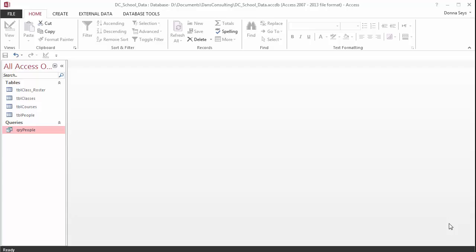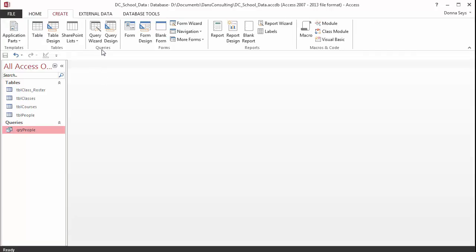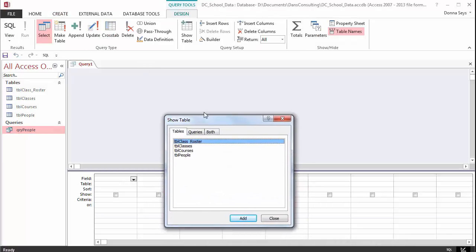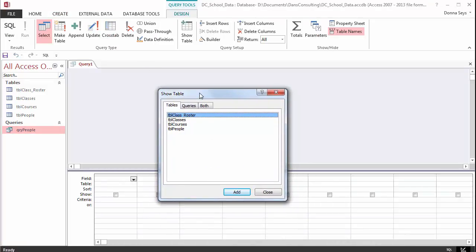Hello, and let's create a select query in Access. This is done on the Create tab up on the ribbon. There are two commands in the Queries group, Query Wizard and Query Design. Let's use the Query Design, which opens up a window asking us which tables we'd like to use in the